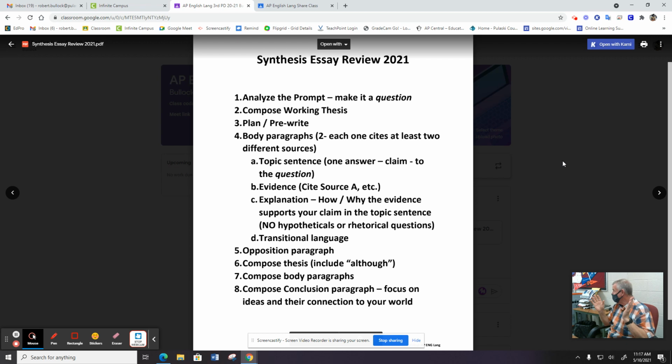And a lot of times it works that way, especially if it's a source that has a lot of information in it. You can do that. What I want you to do is avoid letting one source be too much of your evidence. You can use it a lot if you want to, but I don't want it to become an overwhelming part of your evidence, because then you don't have that balance, right? Okay. Any questions about sources before we go on to the rest of this? We're good to go there?